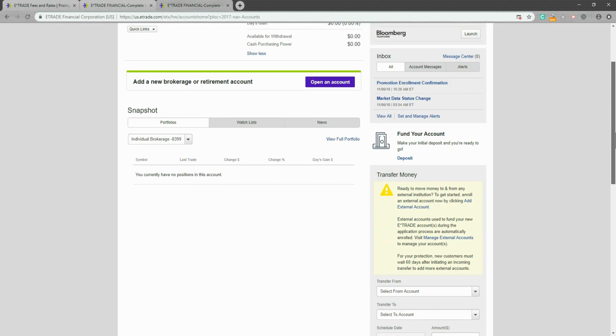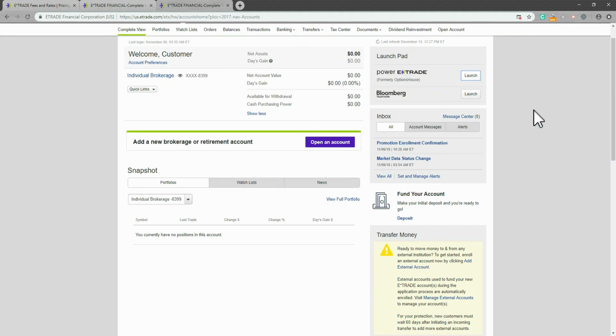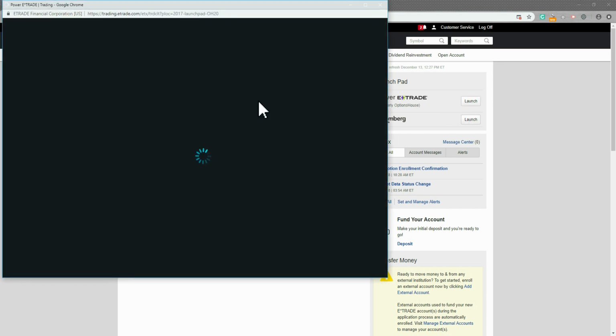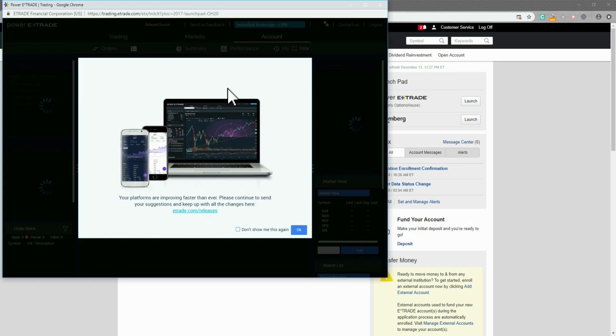It would have your portfolio snapshots here. If you had a watch list, news, you could view your full portfolio all right here once you come onto the screen. Now, over here on the right, you have some other tools that are pretty helpful for people who are really in tune to watching all the investing information, etc. So you have the Power Etrade from the Option House, right? Power Etrade here, which is another system through Etrade, basically, where if you're someone that's really into trading, then this right here